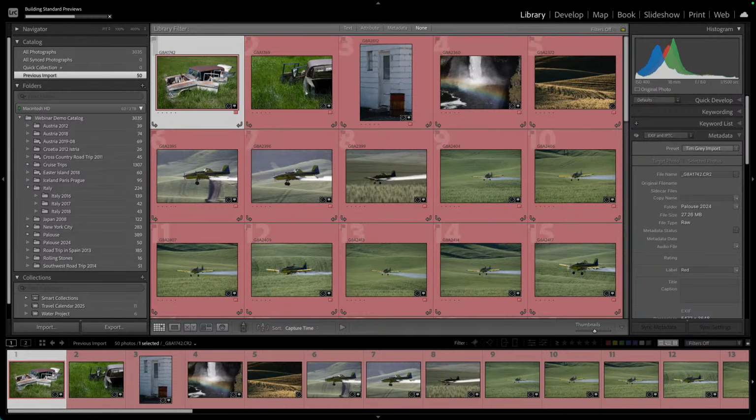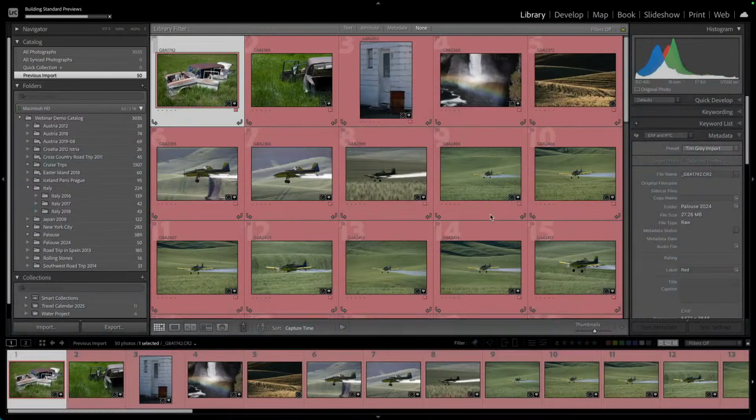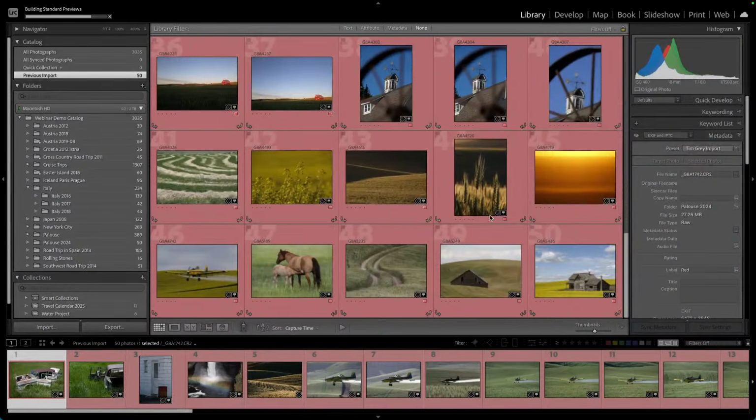Thanks, Tim, for that. All right, so yeah, we've imported all of the photos. We're just now building the previews here. So again, red color label to indicate that these photos have not yet been reviewed to identify favorites versus outtakes, and the Palouse metadata, the keyword and metadata for these images, etc. So all the details that I applied during import, again, the point really for our purposes was that we were importing those images. I'm going to insert a different card into the card reader,